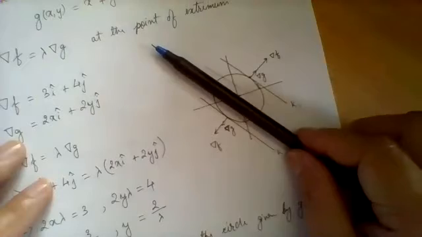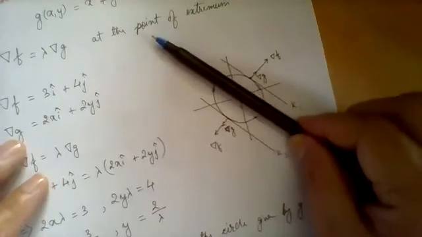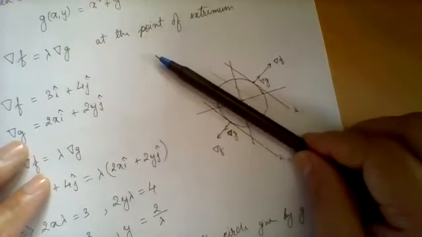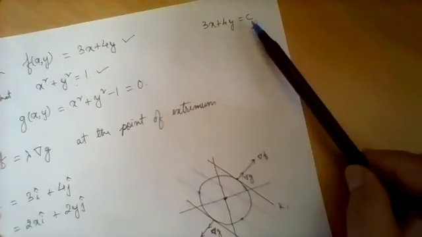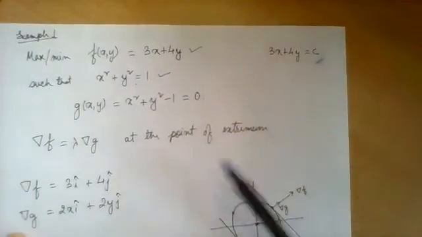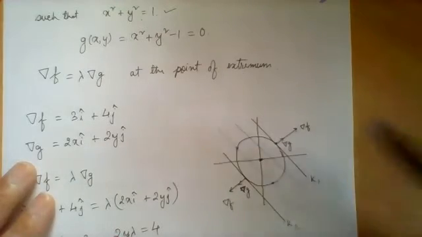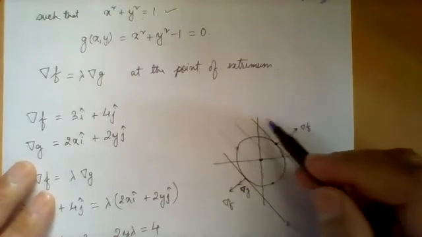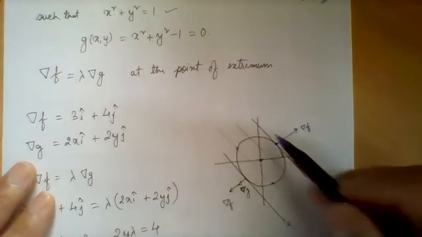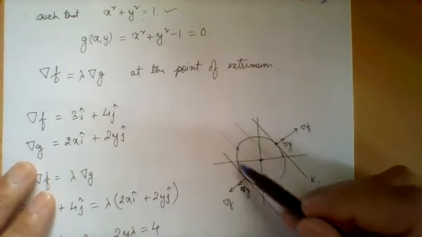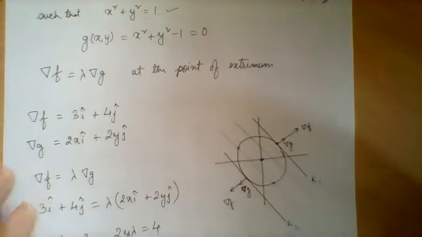If it cuts across the level curve, I can move the line parallel to itself. When I move it parallel to itself, the value of this function changes. The value of C changes. I'm going to touch the point that is the extremum value. So at the point where this line touches the curve G,